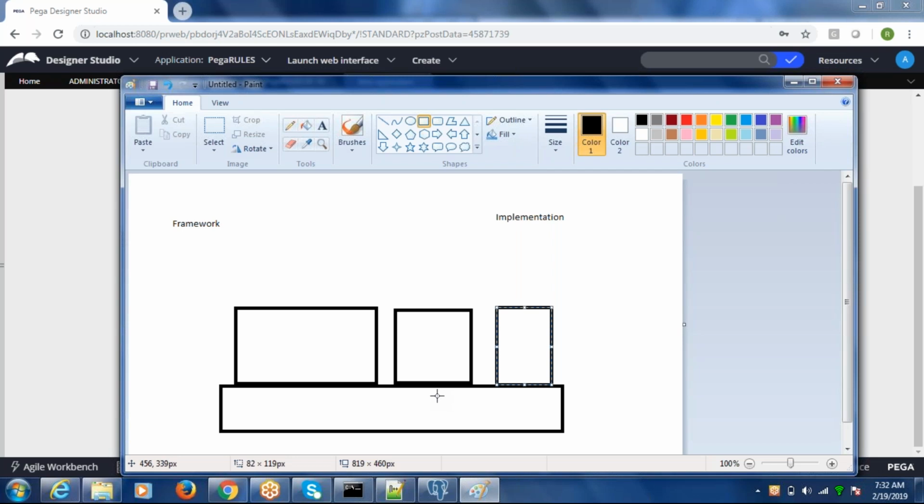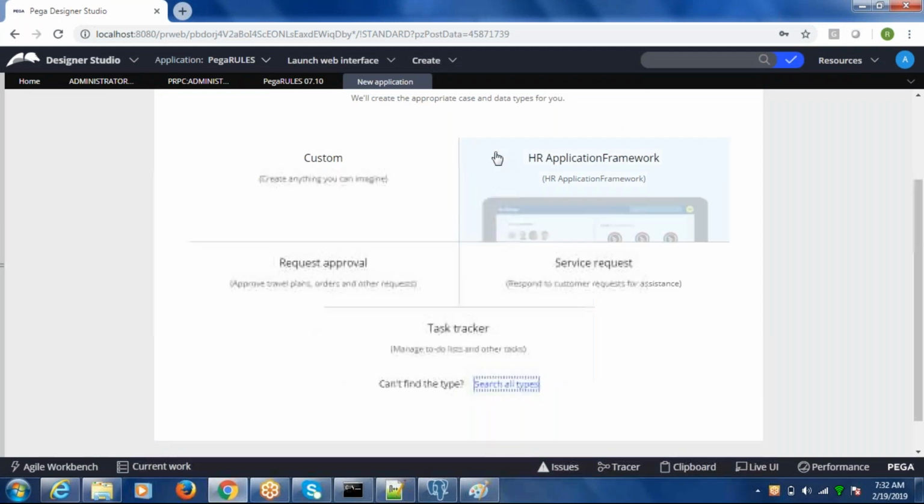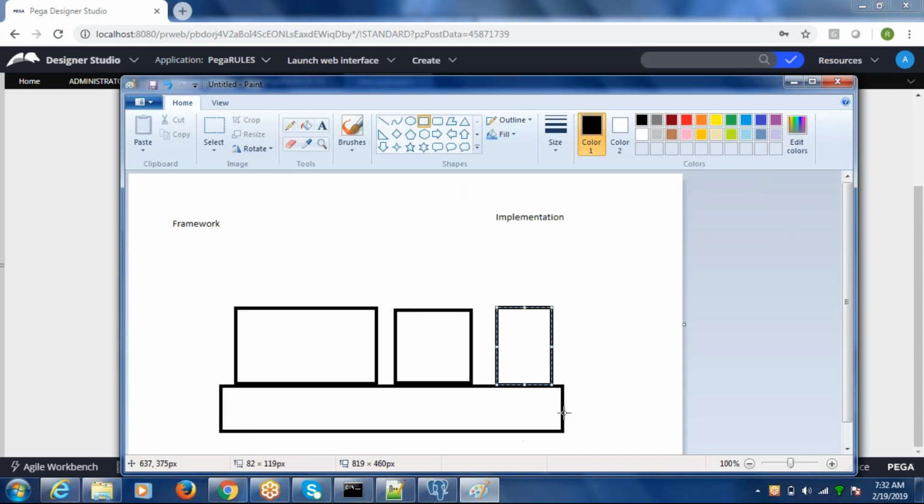We need to create a framework application, then we can consume that framework and build a new implementation. That is what we follow while creating an application. Here there is an existing framework available in the system, which is the reason it shows me here. If I use this, the existing framework, since it is already available, I'm adding a new implementation on top of it. I will consume the existing template and use a new implementation application.